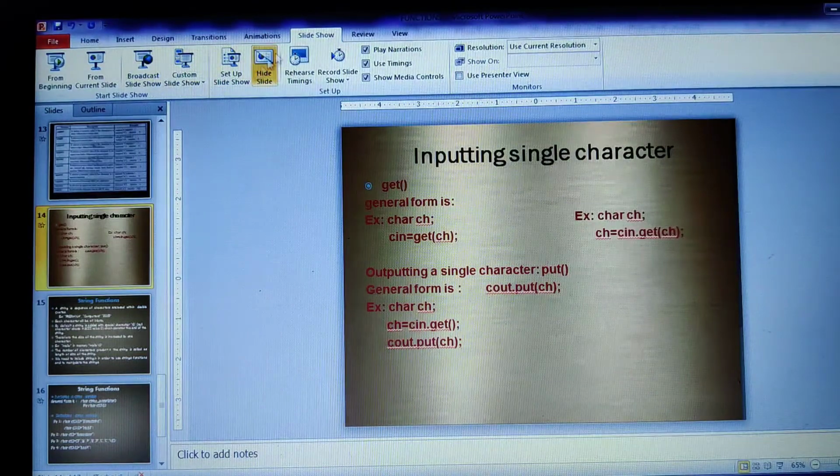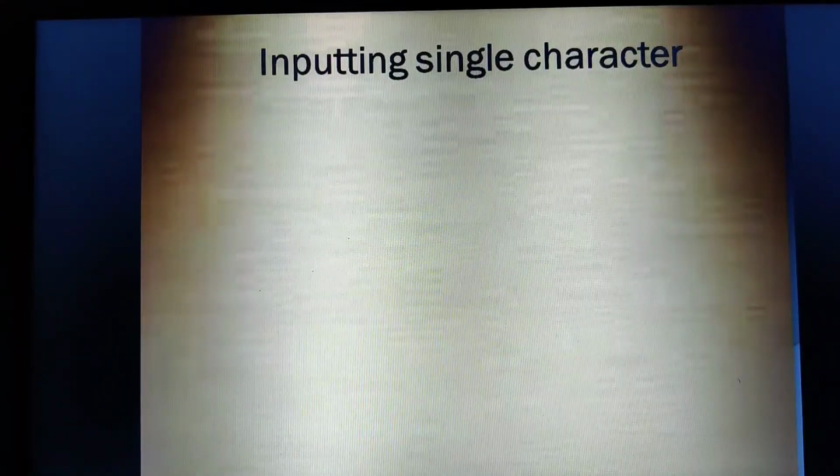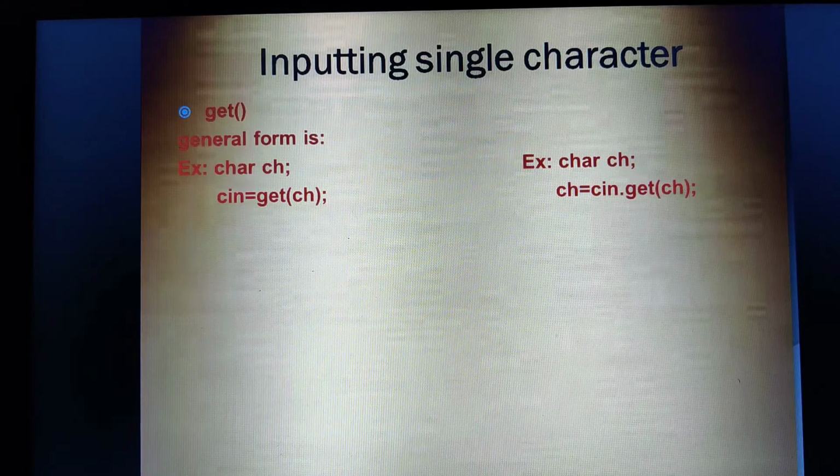Suppose I want to just read a single character as an input and display a single character as an output, then we can use one of the functions known as get. This get function will allow you to read only a single character. I hope you are able to understand.